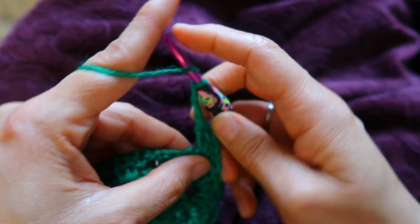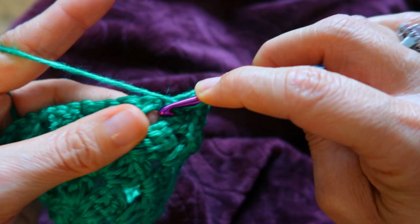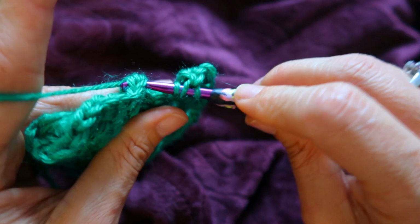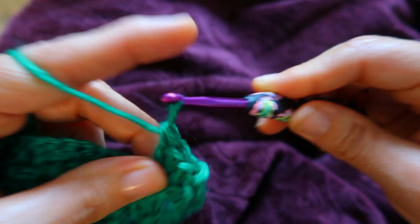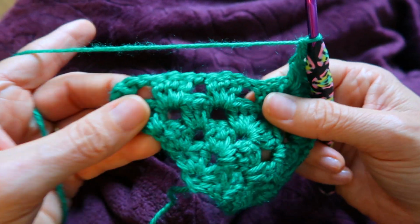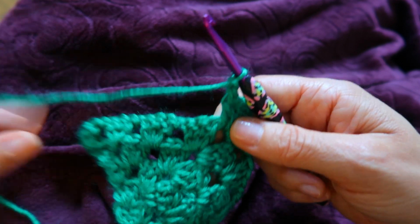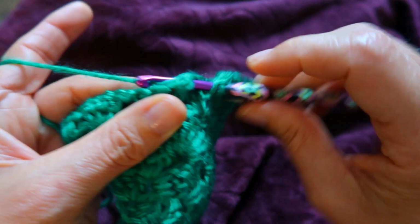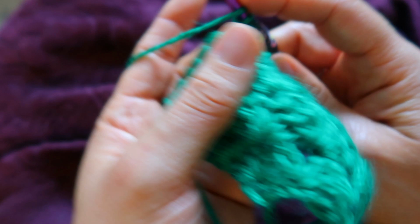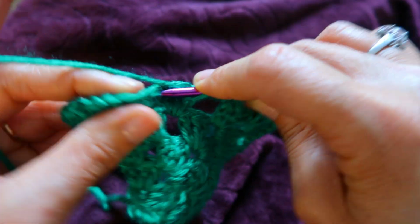1, 2, there we go. And now we're on the other side, and you're going to put a cluster of 3 double crochets followed by a chain 1 in each side chain space. So 1, 2, 3, chain 1,